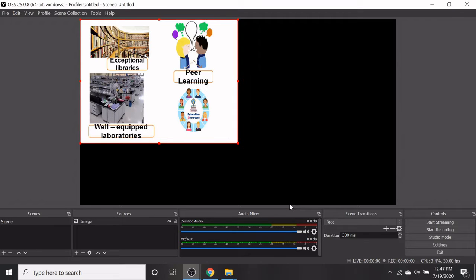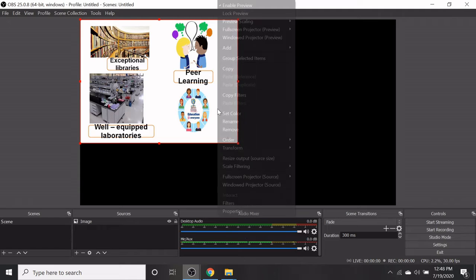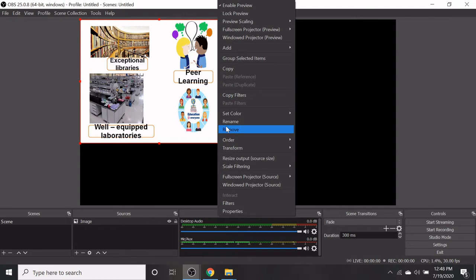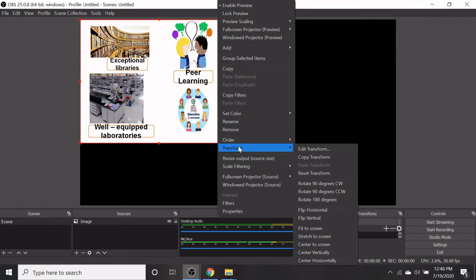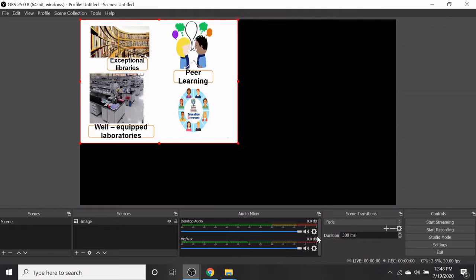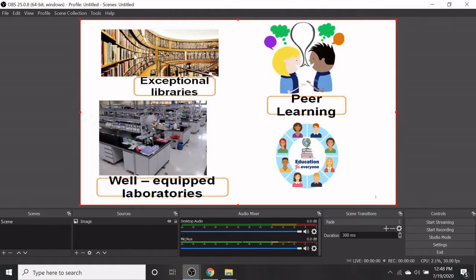The selected image will appear on the interface screen. If you want to stretch the image, just right click, go to transform, and click on stretch to screen. The image will automatically stretch to full screen.